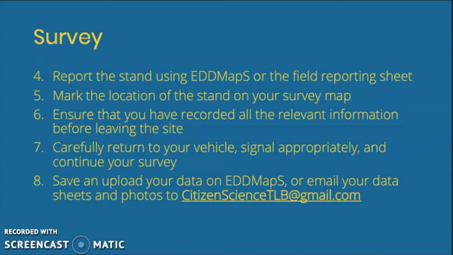The final step, when you've completed your surveys for the season, so this is when you're done surveying for Phragmites for the year, we ask that you please scan or photograph your survey area map with the approximate locations of each of the stands marked on them. Scan or photograph them and send them to